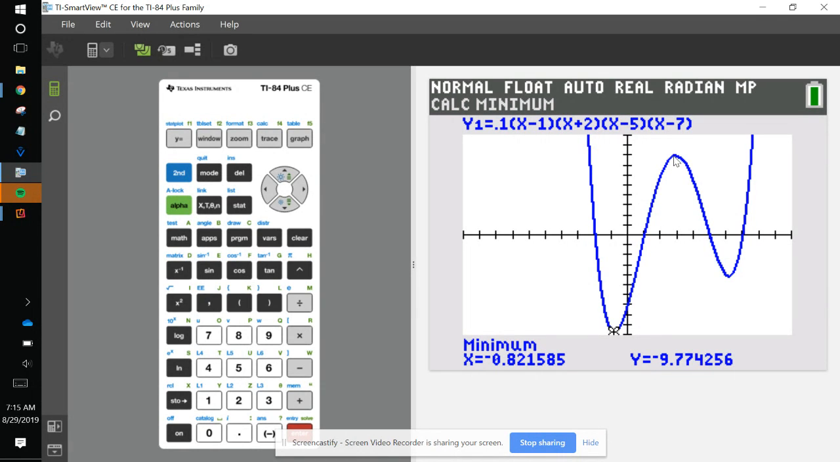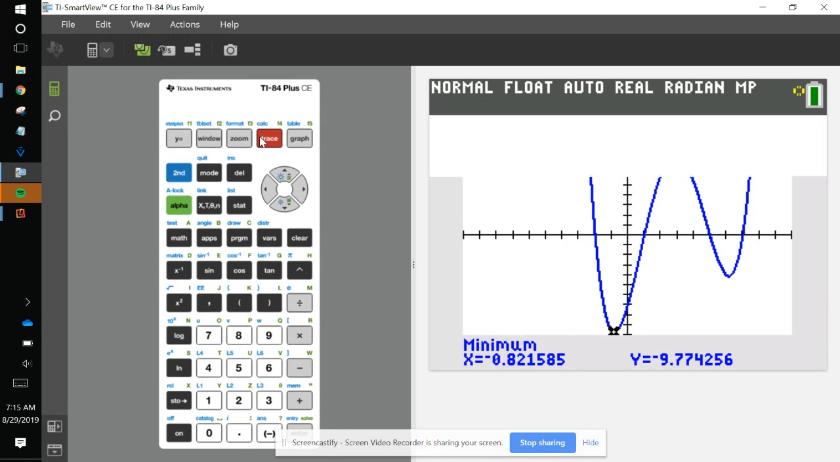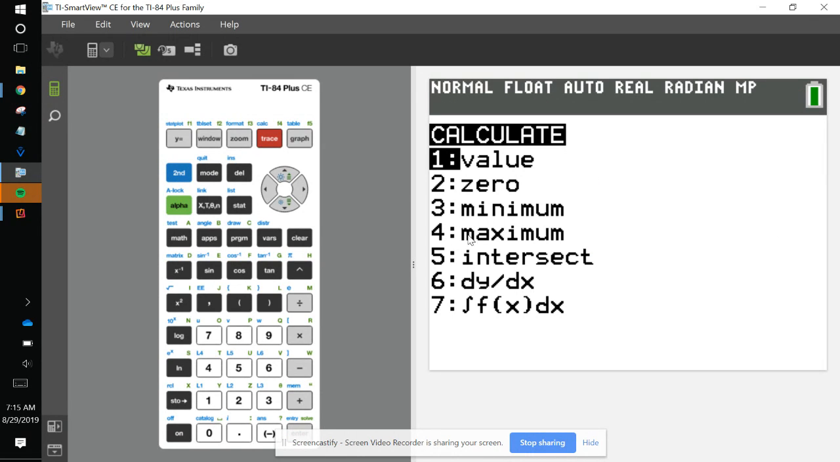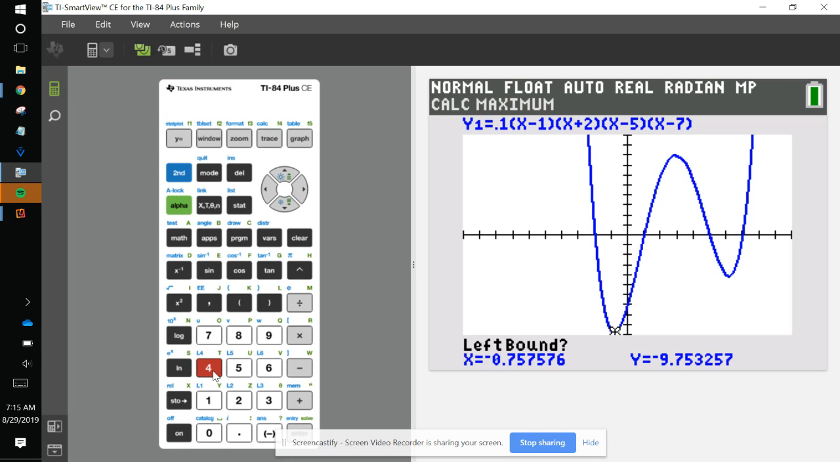So let's look at this maximum point. Second trace, and then instead of 3, we're going to press 4. Again, it's going to say left bound, right bound, guess. So I'm going to set my left bound to be like, I don't know, that's good. Left bound, right bound, guess. And it says that the maximum is 2.917, comma,